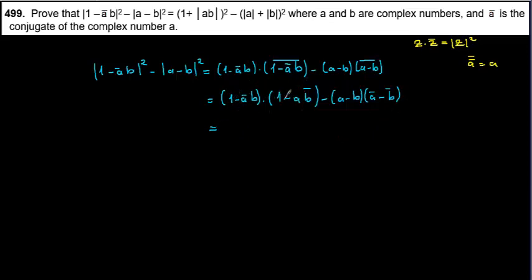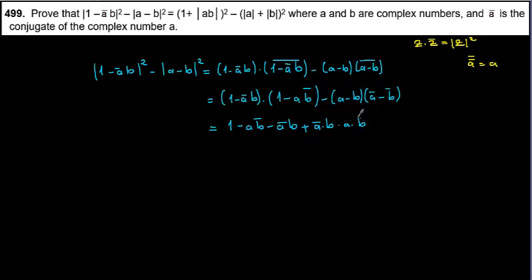Minus 1 times 1 is equal to 1. 1 times minus AB conjugate is equal to minus AB conjugate. And then minus A conjugate times B is equal to minus A conjugate B. Minus A conjugate B minus AB conjugate is equal to plus A conjugate B times, or all of them times